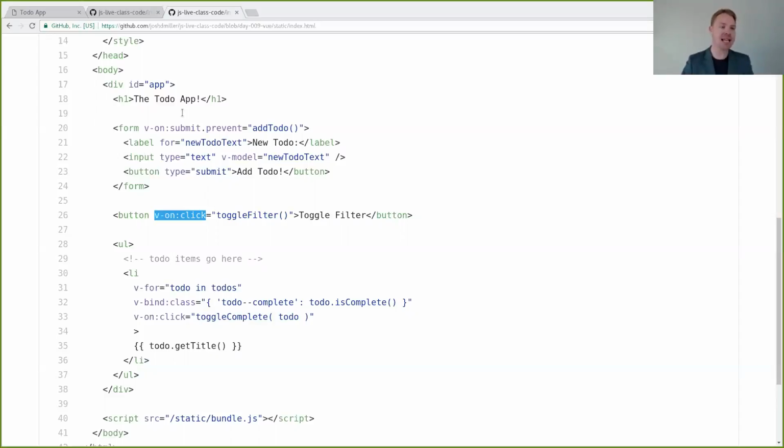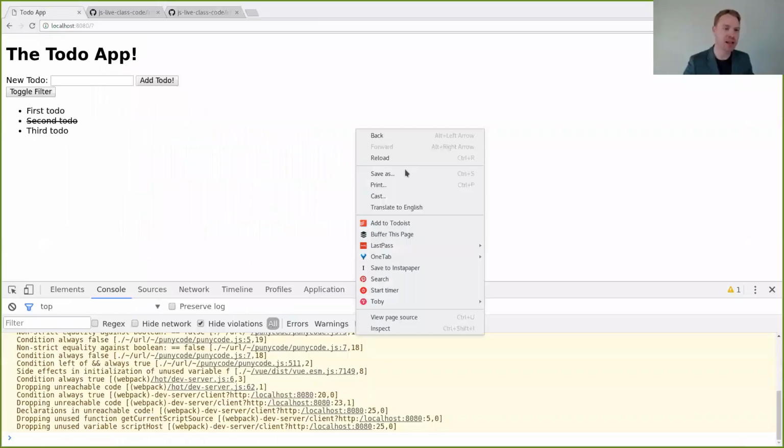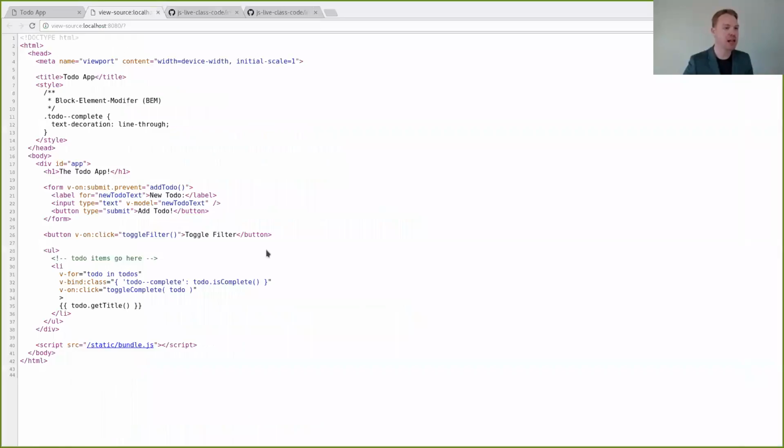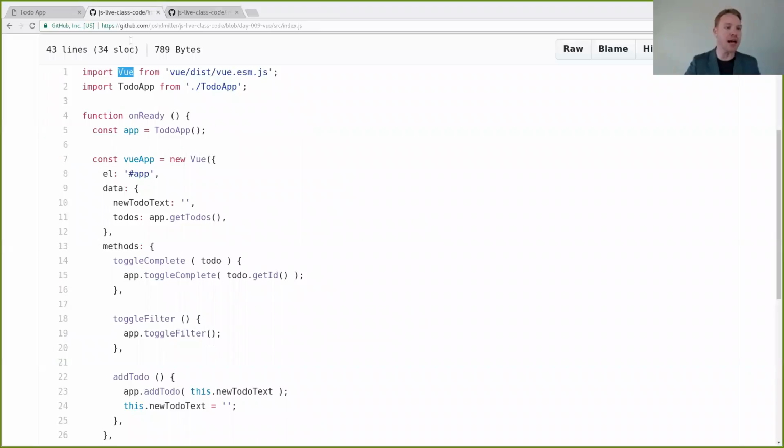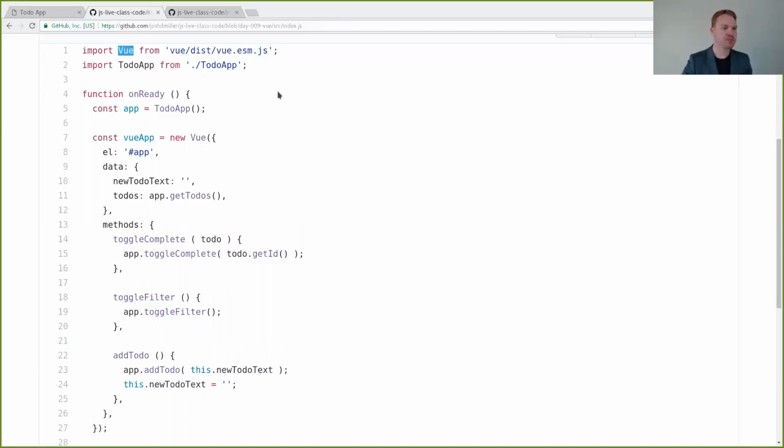But in order to get this to work out of the box, just inside the browser, right? So if we right click and view source here, we see the Vue tags, the little templating syntax here. In order to get that to work, you can't use the main library. We have to import the standard full library here. So that's why I had to do that. But don't worry about that for now. That's the reason it looks a little funky here.